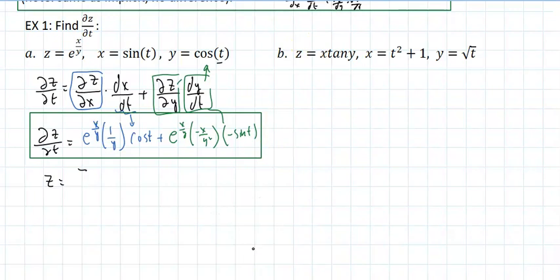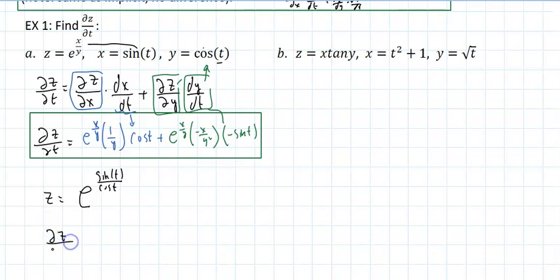Since both of those are a function of time, I could eliminate that process and put a sine of t right there and a cosine of t right there, and say, look, if I want to take the derivative of z,